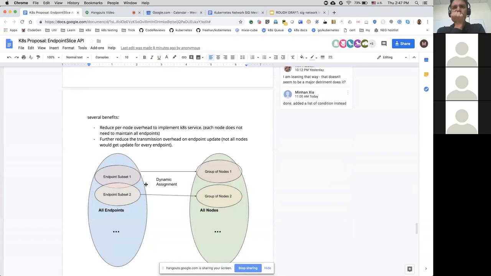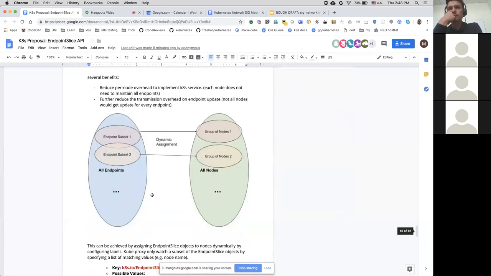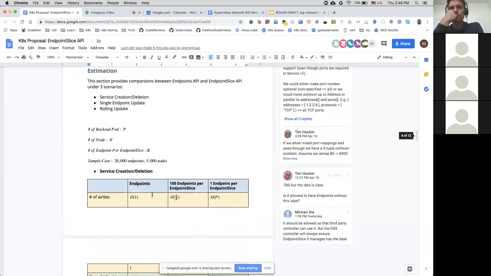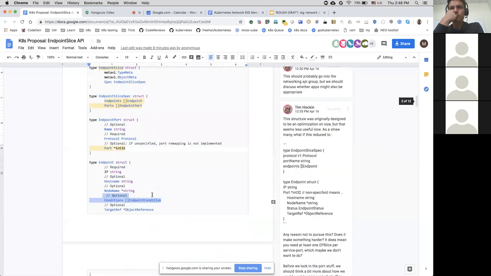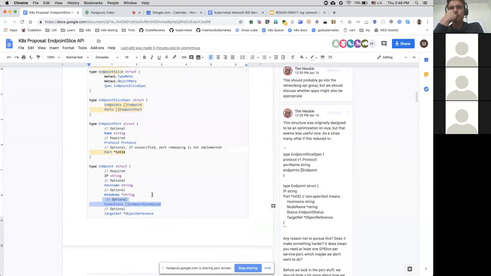But since our goal is only tens of thousands of endpoints, not millions or tens of millions, we determined that this is too complex and at this point outweighs the gain, so we did not pursue it. But the endpoint slice API itself does not determine that there's no overlapping endpoint in a slice. So potentially in the future, if we get to that scale, we can implement it without too much change. Thanks.